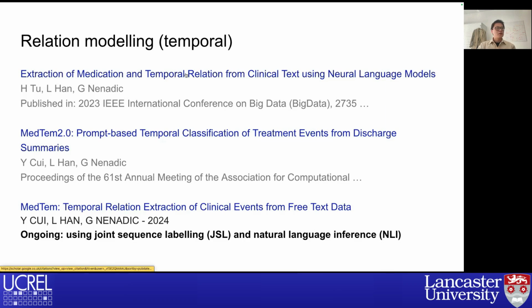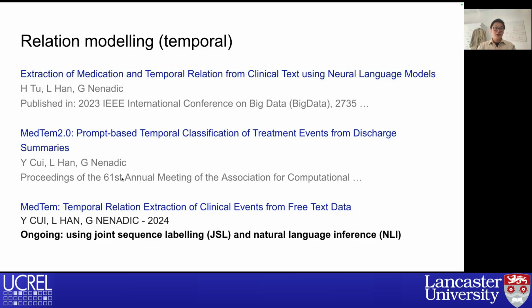And for relation modeling, we did something about the temporality. For example, if we drop some letters, we ask the model, during the admission and the discharge time, can you tell me what treatment was used, what was not? Because the clinician and the patient can discuss different treatments and potential things, but not all discussed treatments were used in the time frame, right? So temporal-wise, we did some work about the relation modeling.